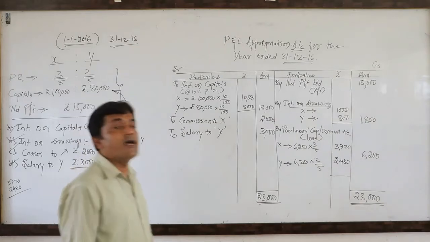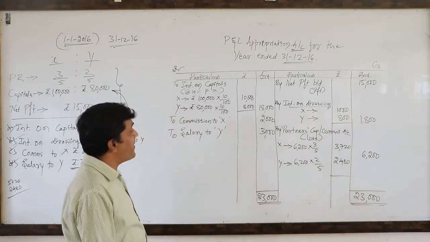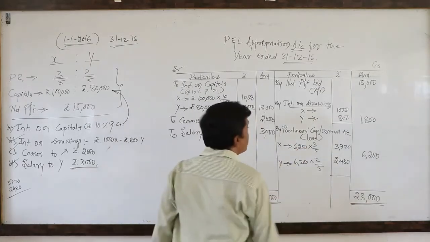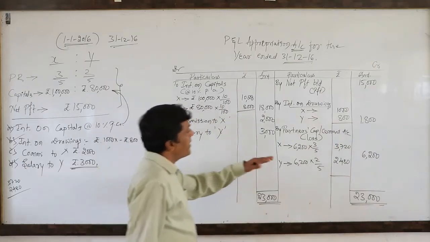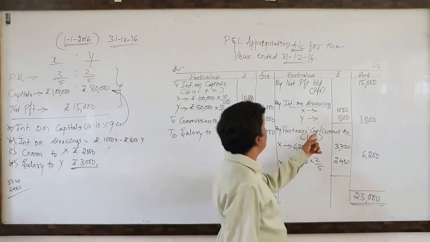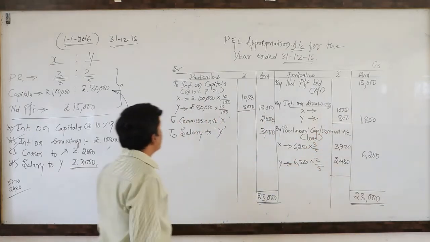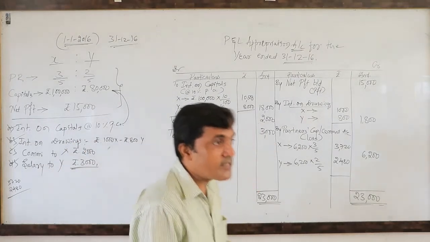In the previous examples we have seen appropriated profits. This is a different problem. So it shows the debit balance. So that is the reason it is the loss that is distributed among the partners' capital or current account, in the ratio of 3:2. So let us see one more example, that is the last example, so that you can see it in the image.